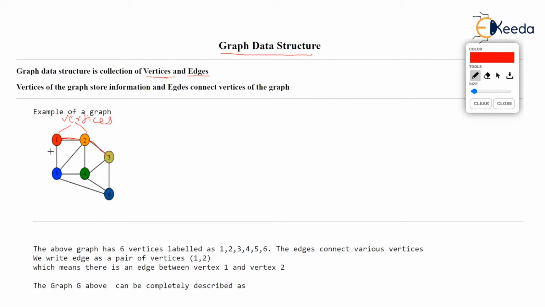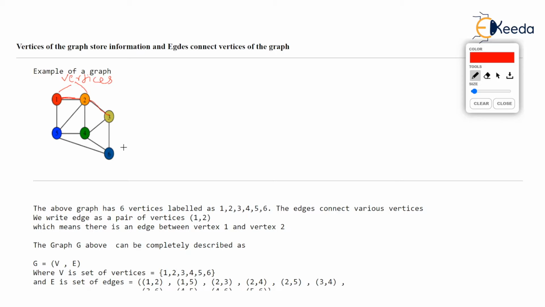All right. Now, once we have seen how a graph looks like, it contains vertices and vertices are joined using edges. Now let's see how to define a graph. If you name this graph as G, let's say this entire diagram is named as G, then G can be thought of as collection of V and E, where V means vertices and E means edges. And really this graph is collection of vertices and edges. What is graph after all? The definition is graph is collection of vertices and edges.